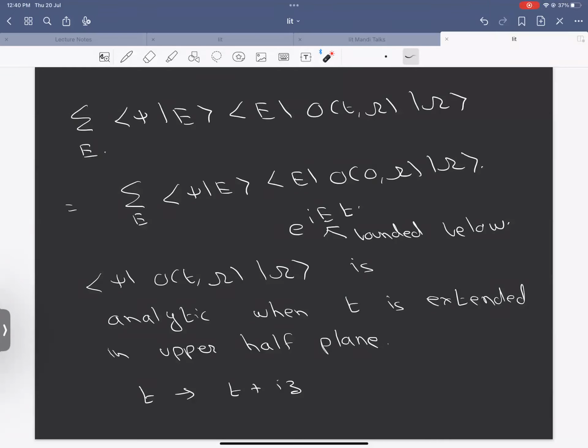I see. So it requires boundedness of the smearing function. Not actually boundedness of the smearing function, boundedness of the state. It requires the state to have finite norm. I'm just restricting to Hilbert space states which have finite norm. That's slightly different from boundedness of the smearing function, because the norm is obtained by taking the smearing function and convoluting it with the 2-point function of the operator itself. I see. Okay.